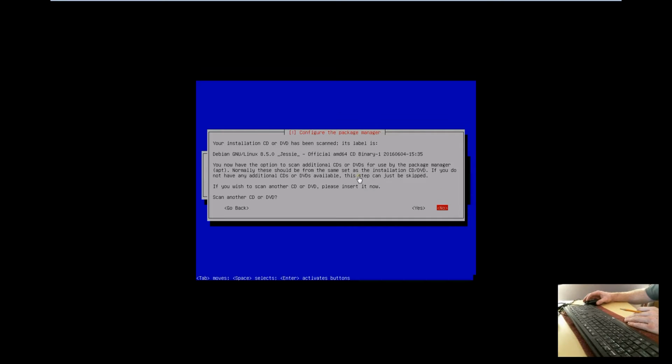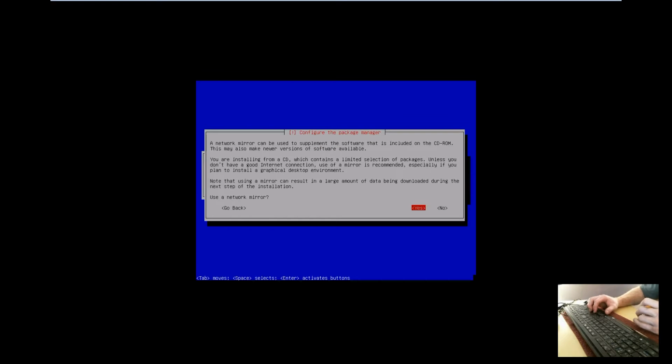Okay, so with the base system installed, it's now looking for more media and saying, hey, where's the next disk? And I'm just going to say no, don't bother looking for another disk because we don't have one, we only downloaded one. And okay, it's saying, all right then, do you want me to use a network mirror,